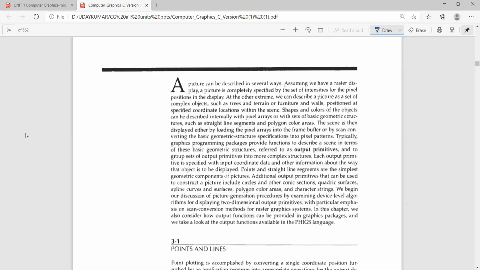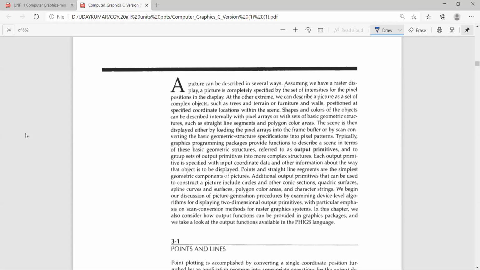So there are different types of algorithms. All this construction, all this plotting of points, you can call output primitives. Shapes and colors of the objects can be described internally with pixel arrays, within a set of basic geometric structures such as straight lines and polygon color areas. The scene is then displayed either by loading the pixel arrays into the frame buffer,